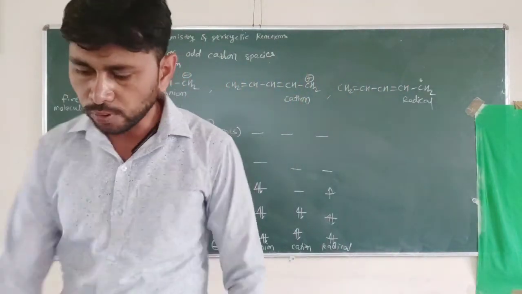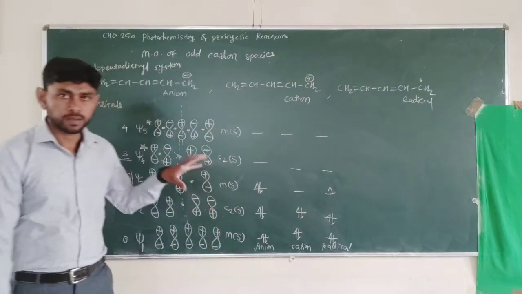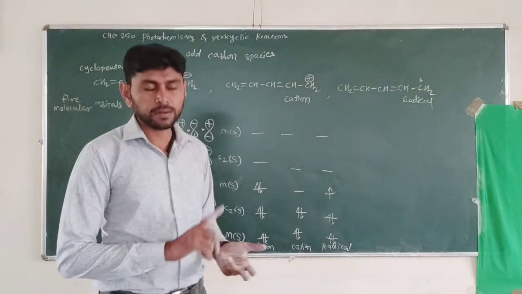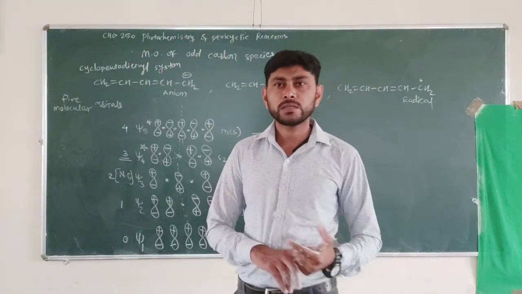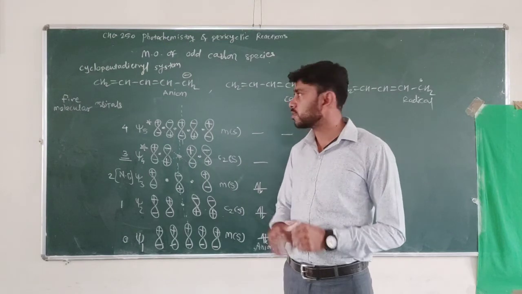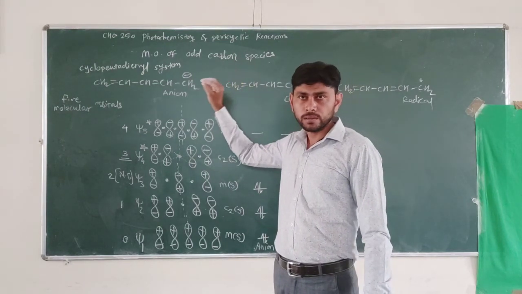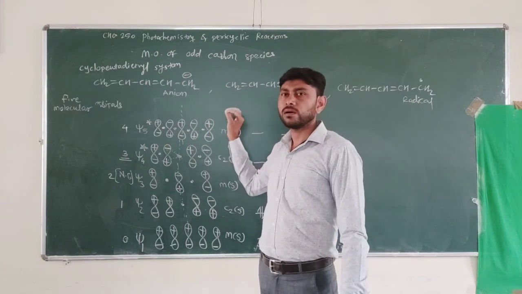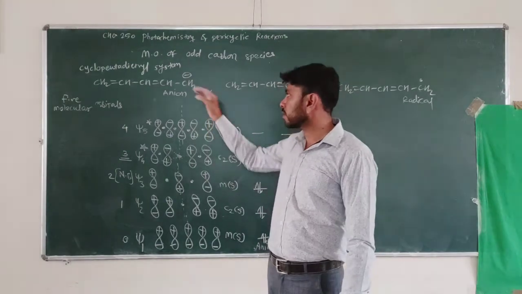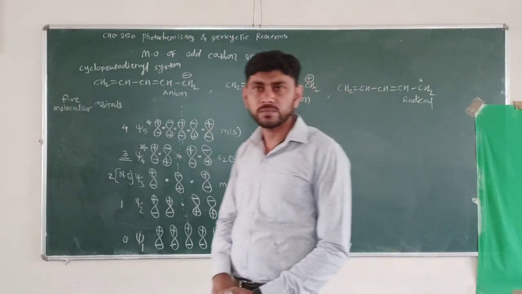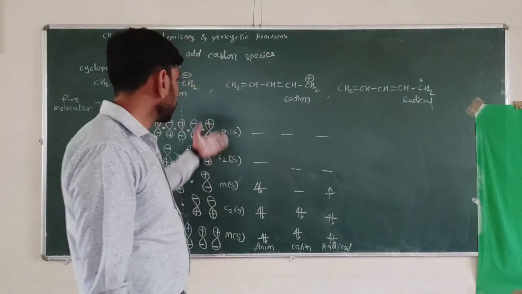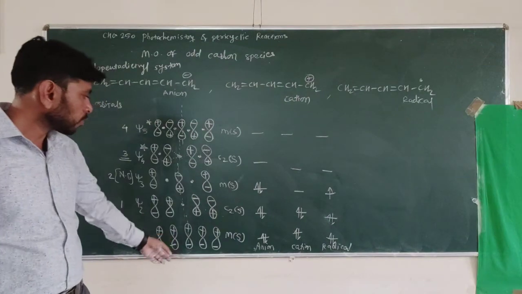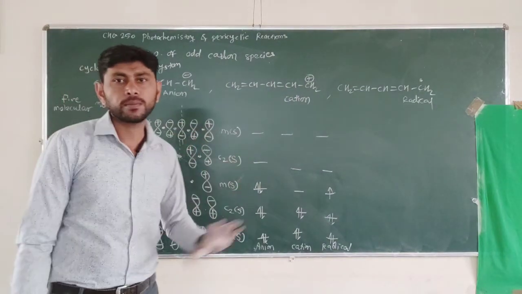So your syllabus for pericyclic chemistry has been completed. Pericyclic reactions contain electrocyclic reaction, cycloaddition reaction, sigmatropic rearrangement, and group transfer reaction, also 1,3-dipolar addition, and here the drawing of molecular orbitals for odd carbon systems such as allyl system, allyl cation, allyl anion, allyl radical, and also cyclopentadienyl system. You can also extend it for more numbers of carbon atoms. You can draw it in a similar manner.